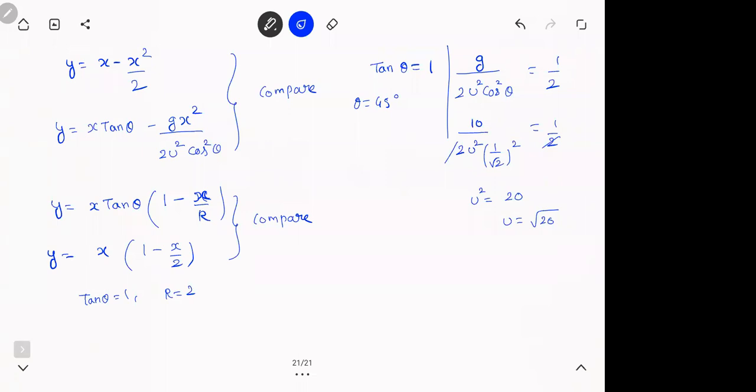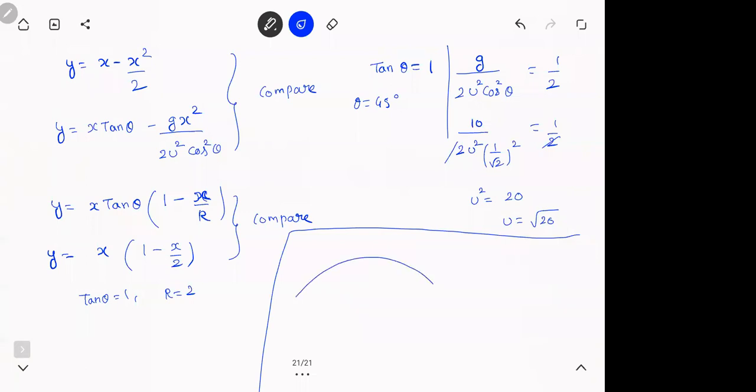See, in the exam, they'll not ask you u and theta. They'll ask you to find the range directly. So instead of finding u, theta, and then finding the range, nothing wrong, you'll get the answer. But you will spend another 30 seconds maybe. Like I told you many times, in the exam, it's not only important to get the right answer, you have to get it in shorter time. So that is one.